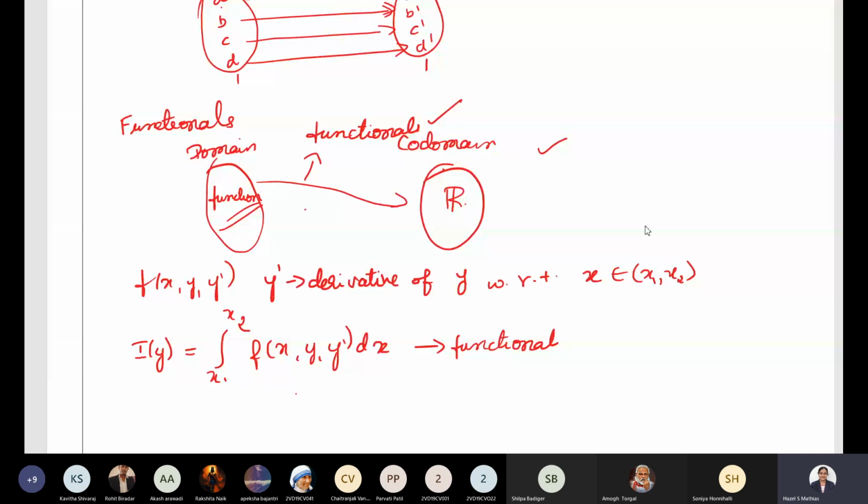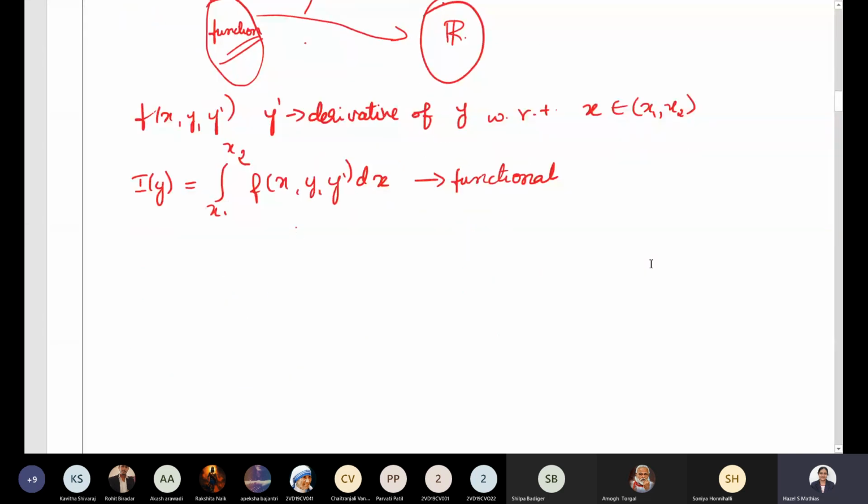Now there is a property of variation. Suppose there is a slight variation, delta stands for variation, in dy by dx; this is nothing but the slight variation in the variable y. A slight variation in the derivative is equal to d by dx of the slight variation in y. This is one property which you need to remember.